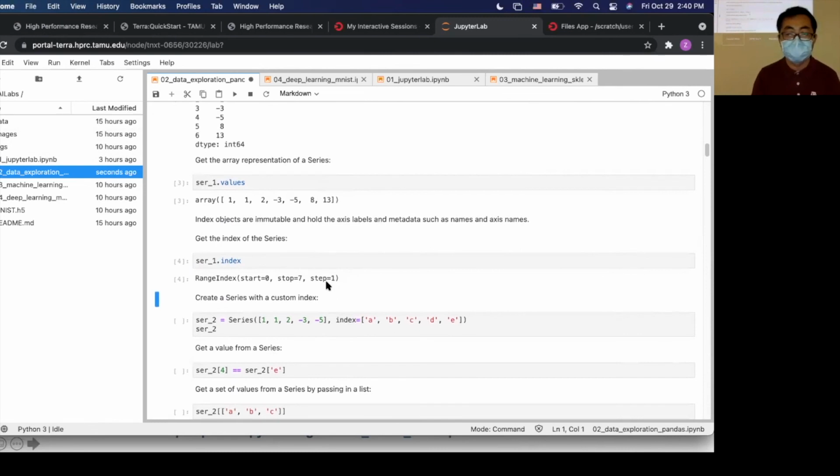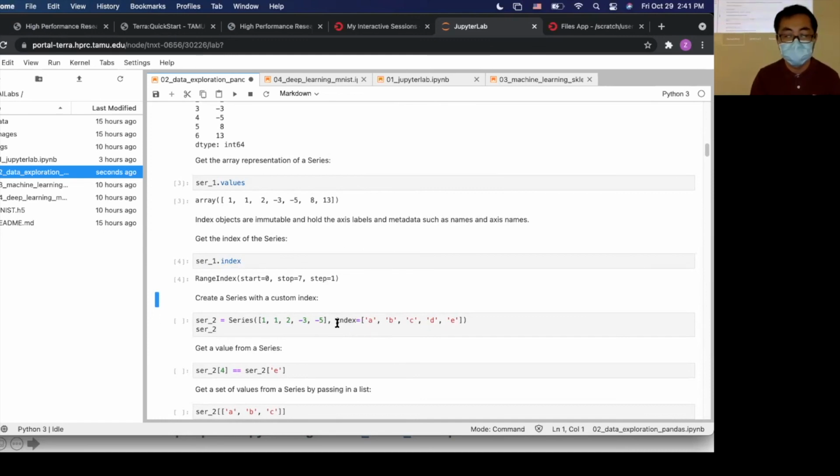Some of you may be interested in not having the index or label be the default 0, 1, 2, 3, 4, and so on, which doesn't mean anything to you. You may want to use a custom index.